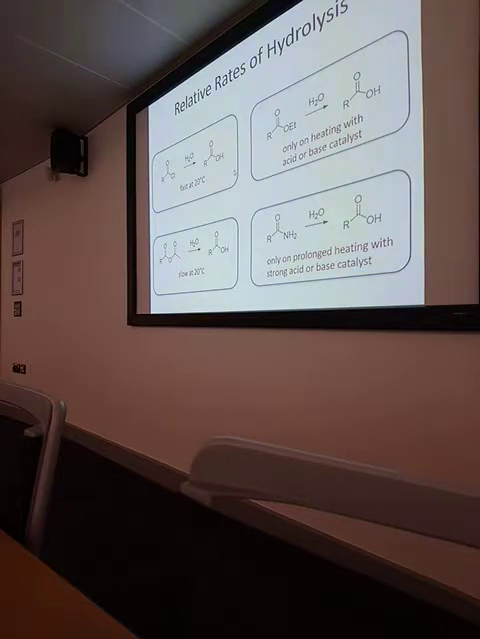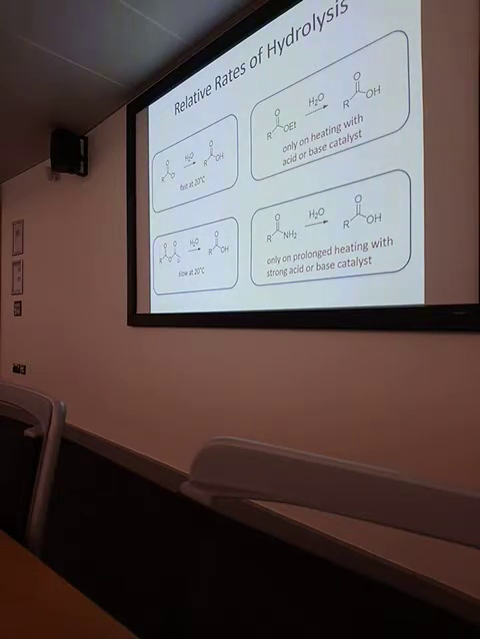So in terms of relative rates, the fastest is the acid chloride, because the chloride's a really, really good leaving group, and actually that makes that carbon very, very much positive. So this is relatively fast. If you have an acid chloride and you add water, you're going to see quite a vigorous reaction even at room temperature. If you have an anhydride and you add water, that's going to react at room temperature, but